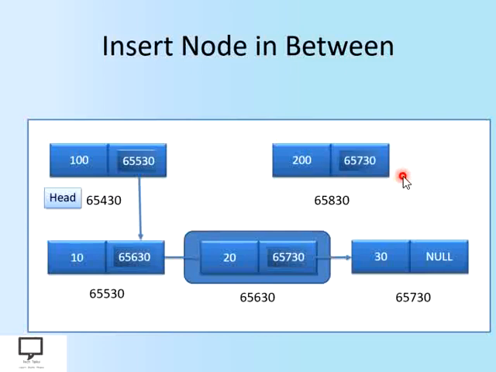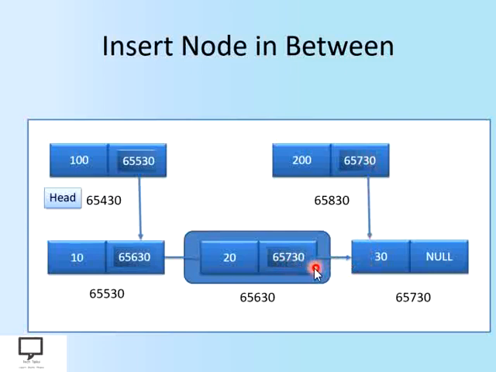So now after overwriting, it will look like this, and it will form a logical link between these two nodes. After this, I have a copy of this address location, and the link is already formed between the new node and this node. Now if I remove this particular link, there is no harm, because we now have a link between these two nodes.